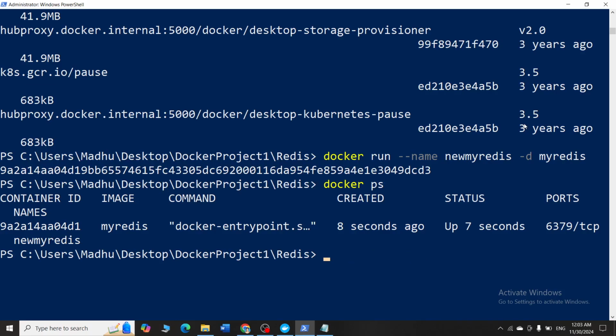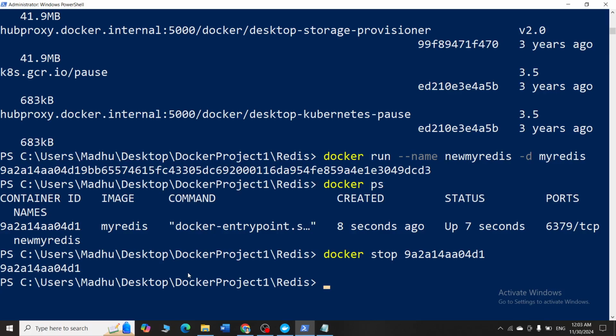Before committing, what you have to do, you have to stop this container. So what I will do, I will just copy this particular container ID because it will be useful for me. So I say docker stop. As I told you, you can either use the container name or the container ID. Press enter. The container is stopped. Now say docker commit, give the container ID, okay, and now you have to give the name of your image which will be pushed into your local repository.